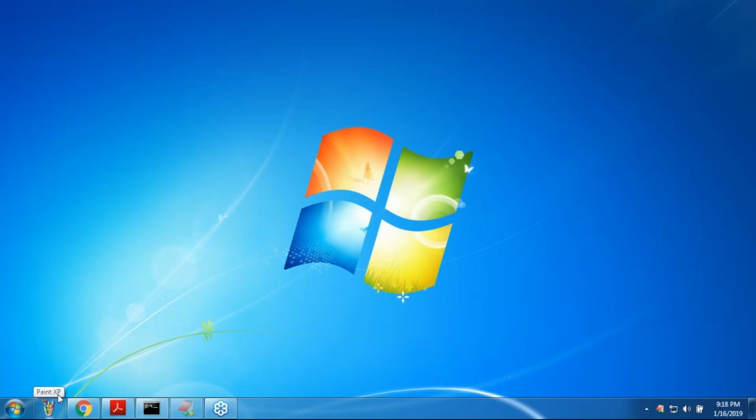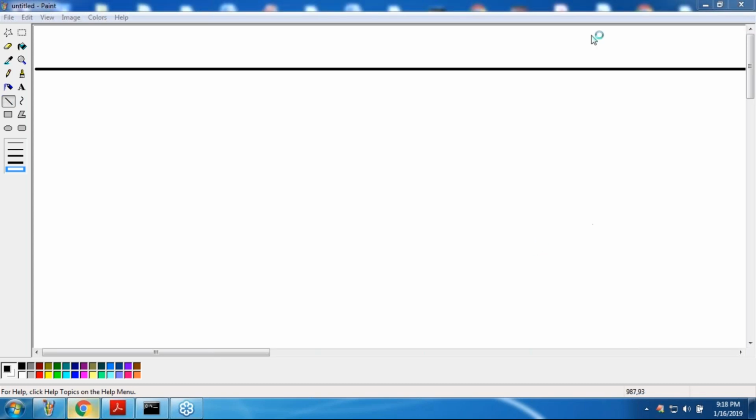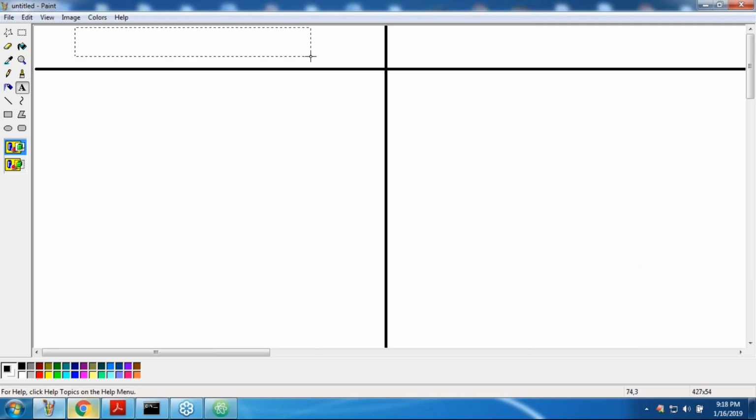In DRF, if you want to write views, which classes are you going to use? Either the API view class or the view set class. What is the difference between API view and view set? Very simple terminology, observe carefully. All differences I want to discuss so that you feel more comfortable. First, let me go for API view, and the second part is view set.